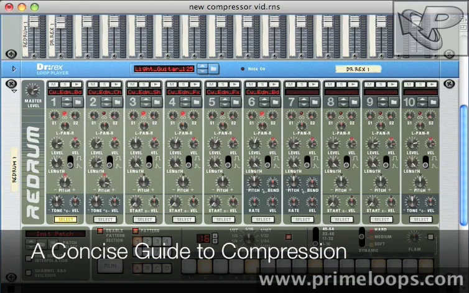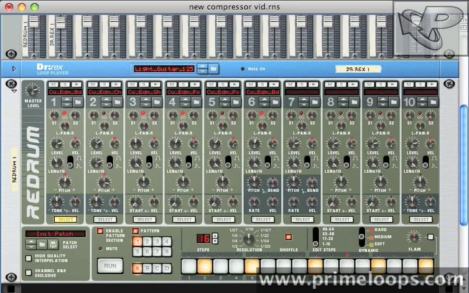Today I want to tell you about compression, specifically what the purpose of compression is and how it works through its parameters. I have two different kinds of sounds loaded up that we can try out some compression on. One of them is a drum beat that I've put together, and the other one is sort of a plucked guitar line. Let's start out with compression on drums first, because this is usually where people begin to learn about